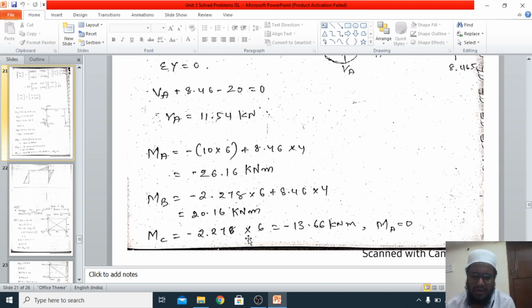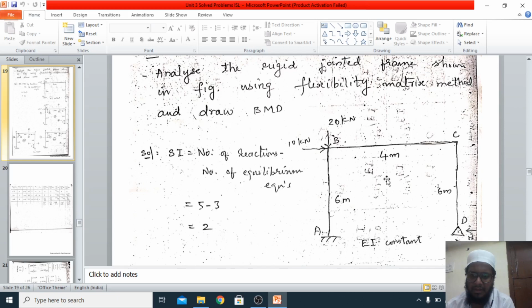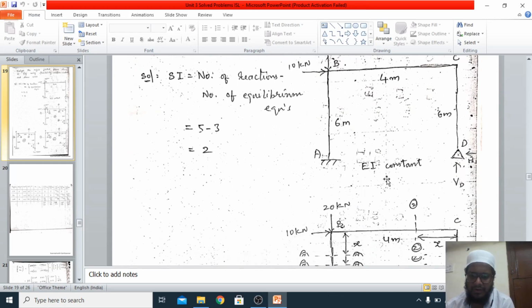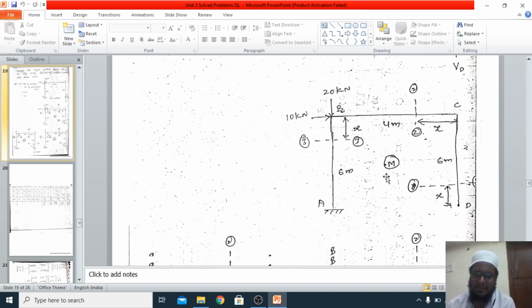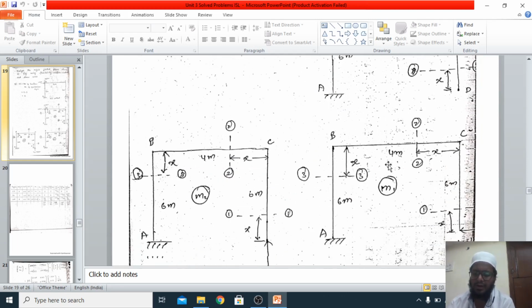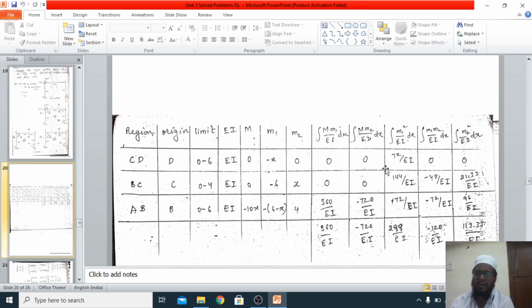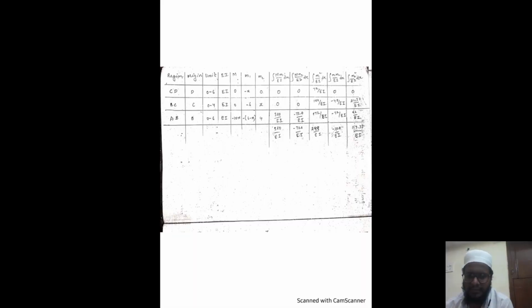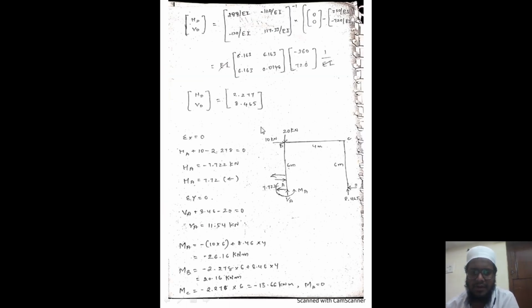The moment at B and moment at C we can calculate with the help of simple calculations, however moment at A will be equal to 0, we all know, right? Because it is a simple support or hinge support. Hinge support does not have any moment, isn't it? So moment will not be available on this one. Calculate this one, and you will get all the values of moments directly with the help of simple sigma x, sigma y, and sigma m is equal to 0.